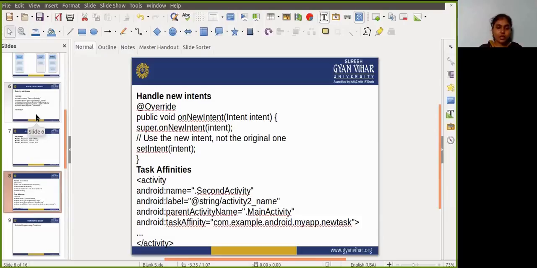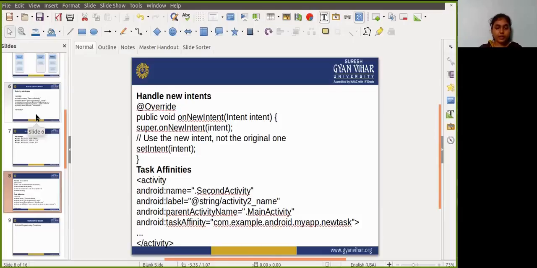Single instance is the same as single task, except that the system doesn't launch any other activity into the task holding the activity instance.